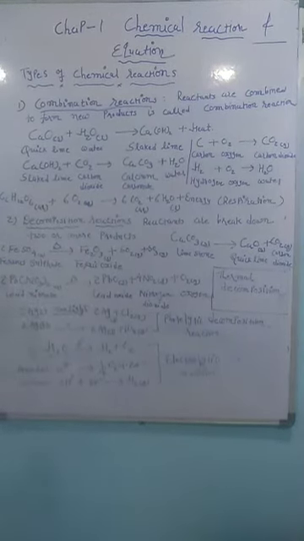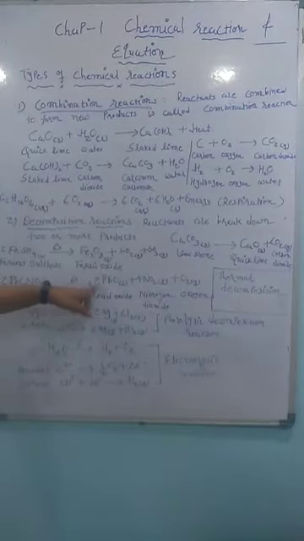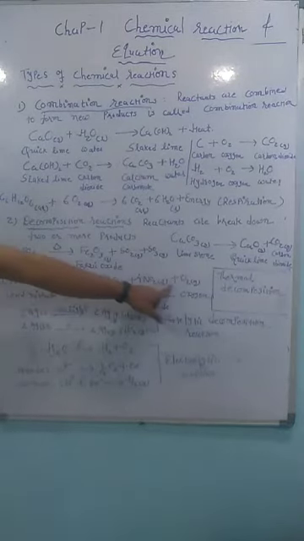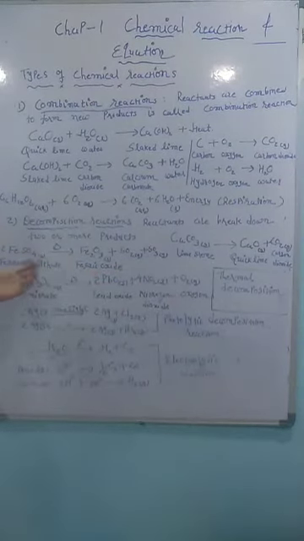Second example is 2 mole of lead nitrate. Whenever heated, when heat energy is applied, then 2 mole of lead oxide plus 4 mole of nitrogen dioxide plus 1 mole of oxygen gas is obtained. So from the one reactant, different products are obtained. So that is also an example of a decomposition reaction involving heat. So it is a thermal decomposition reaction.